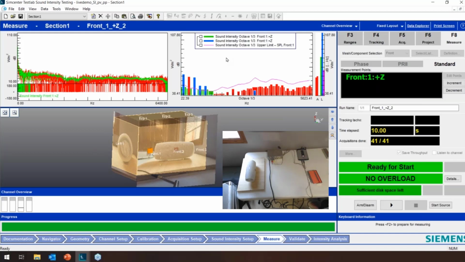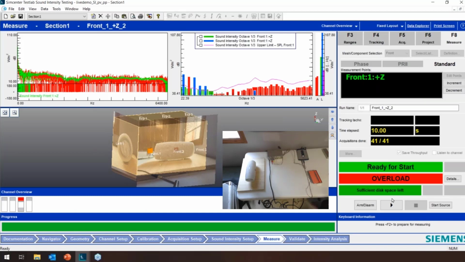What the red means is that at that frequency, the intensity is in the opposite direction of the way you are measuring it. So you may have noticed that Steph was not exactly pointing the right direction with the intensity probe. That gives us an idea that you have to flip it. So change the orientation of the microphones in the PP probe so that you can get green bars. We are measuring negative intensity. What we want to measure is positive intensity. So she has to rotate the intensity probe by 180 degrees, basically.